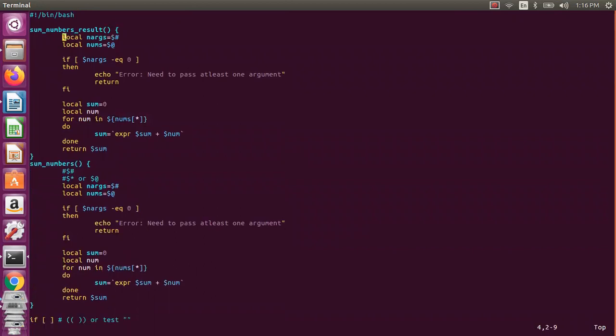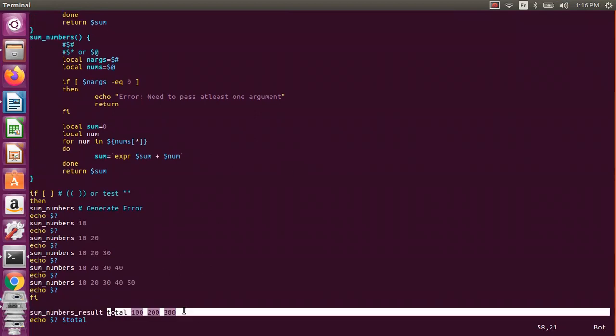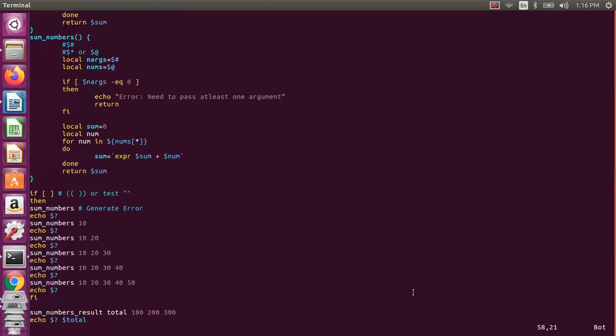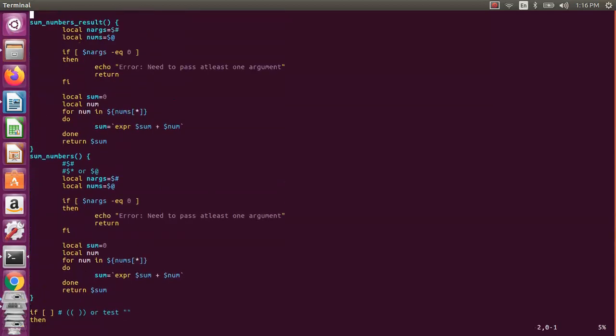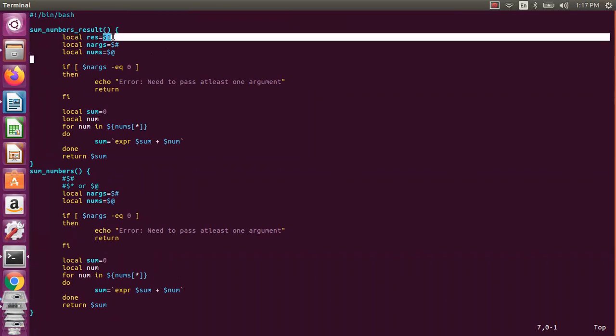So this one we know, so I will not do this now. In our case, how many values are we passing? Four values. So these are the four values. This one will be $1, $2, $3, $4. So in $1 I should have the result. So I just say local result is $1. Okay, and then number of arguments I have this. And nums I have this particular one, and error check is okay, number of arguments equal to 1. Or equal to 0 it is okay. And you need to have the result $1 we have put.